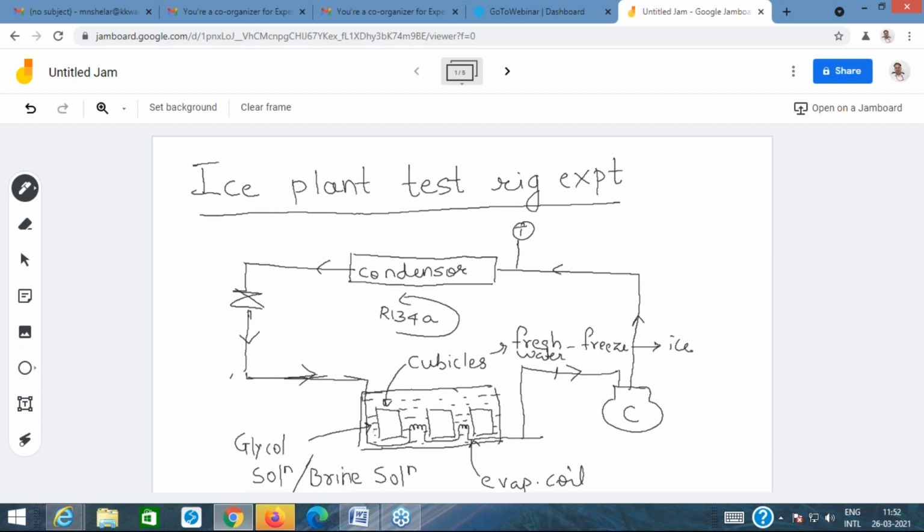Let us say this is 1, this is 2, so this would be T2, this would be T1 by using a thermocouple. This would be T3 by using a thermocouple. You can name it whatever you like, nomenclature is not important. You can call anything as 1, 2, 3, 4. And then we can note down the temperatures.